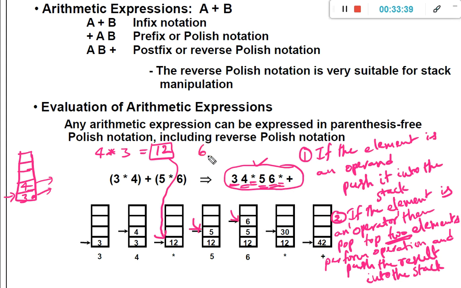The top element is 6, the next element is 5. Perform the operation, which is multiplication. 6 into 5 is equal to 30. Perform the multiplication and push the result, 30, into the stack.